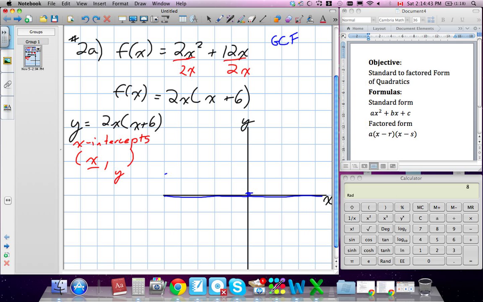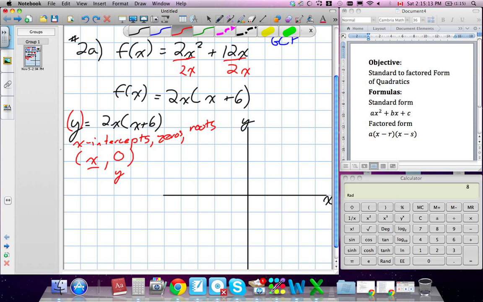If they ask us to find the zeros, or the roots, or the x-intercepts, it has several different names. I can quickly write them out: x-intercepts, zeros, or roots. That's called finding an x-intercept. So what I can do is replace the y in this equation with the number 0. The equation now reads 0 is equal to 2x